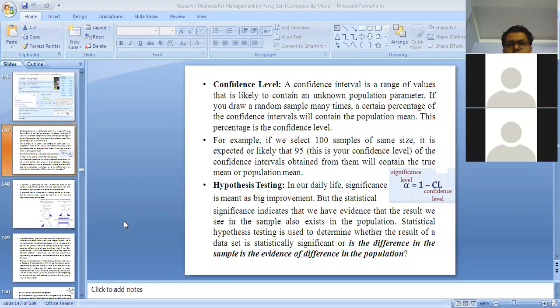Statistical hypothesis testing is used to determine whether the result of a data set is statistically significant, or whether the difference in the sample is evidence of a difference in the population. Okay. And you can also see the formula of significance level alpha, given by 1 minus CL,